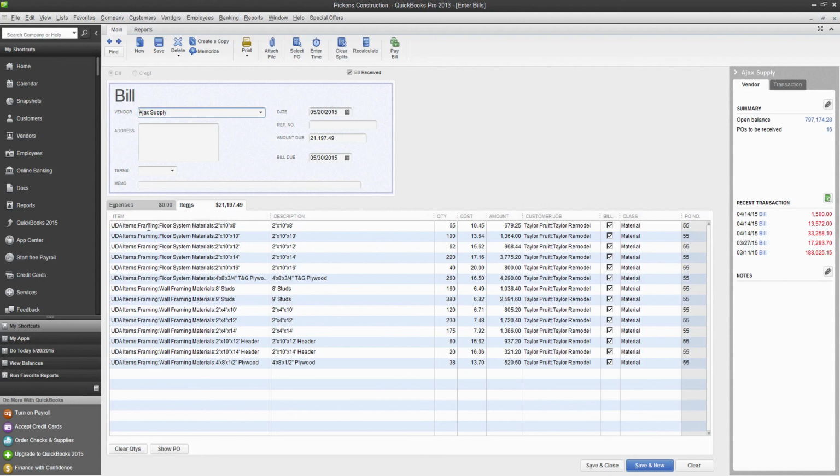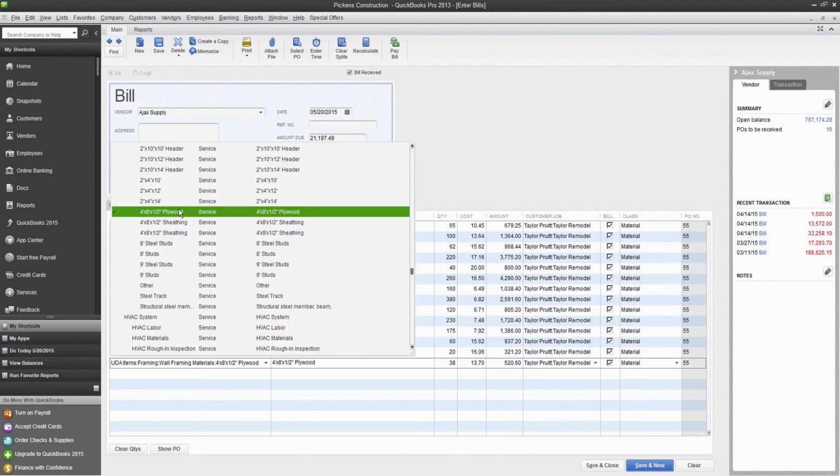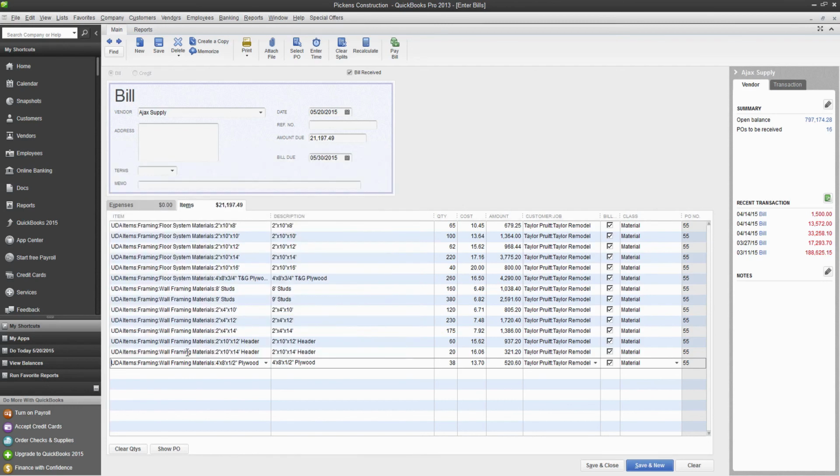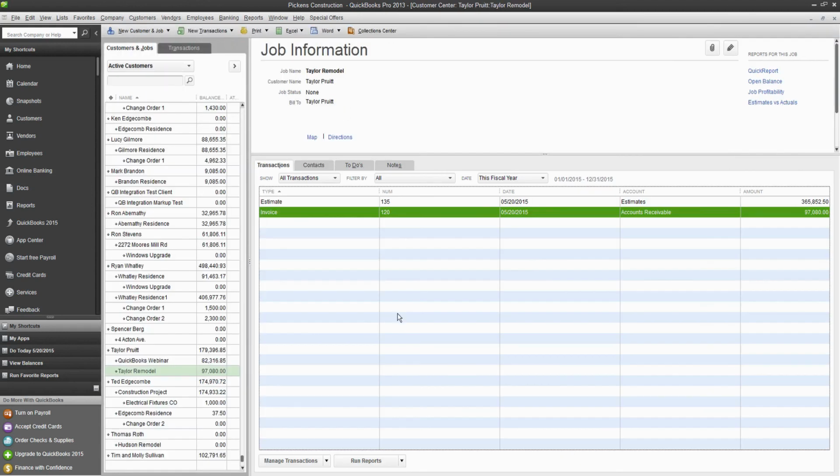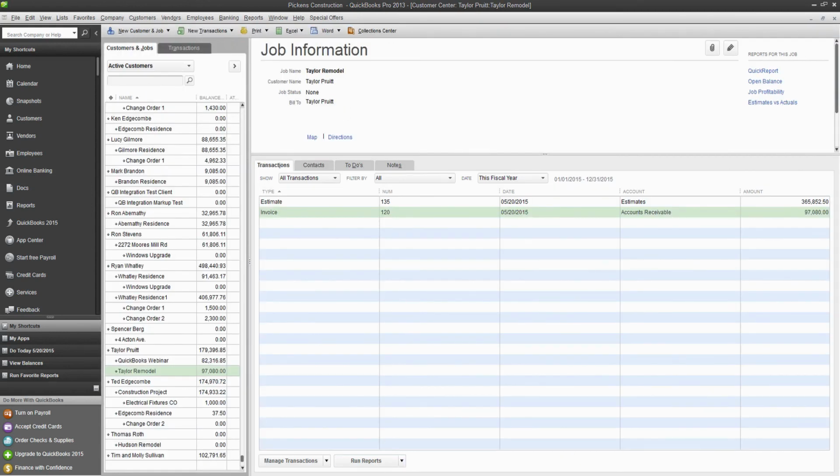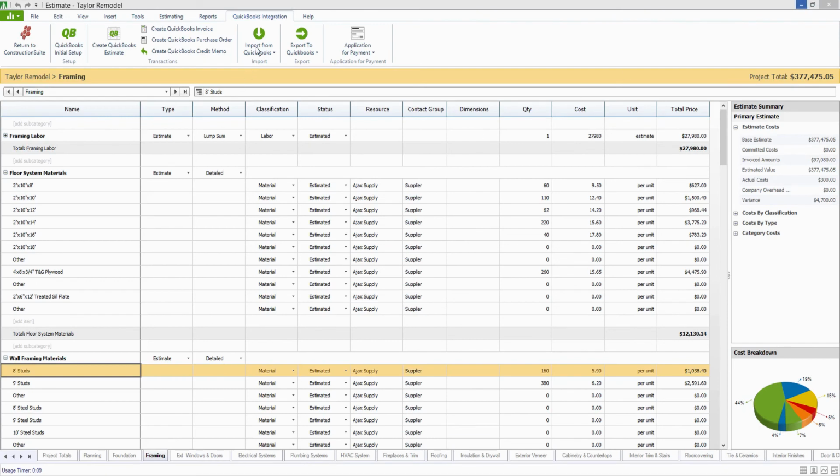And it does have to be the same items that came over from ConstructionSuite. So the names and the structure or the item path have to match up exactly. So if you're choosing these items from your items database, you're going to have to make sure that you choose the item that came from ConstructionSuite and not just one that might be similar. So once you've done that, you can save and close, and now we'll come back over to the estimate